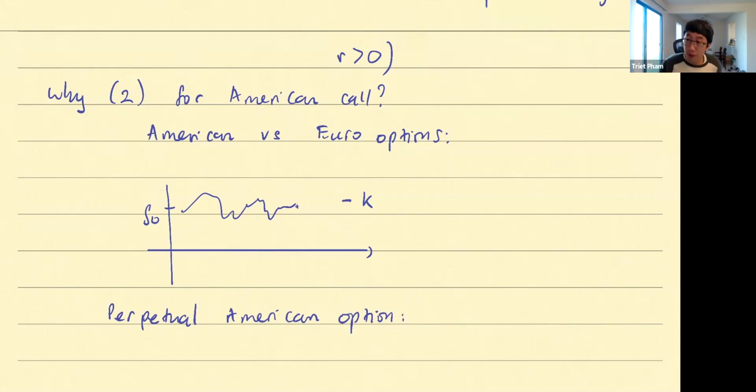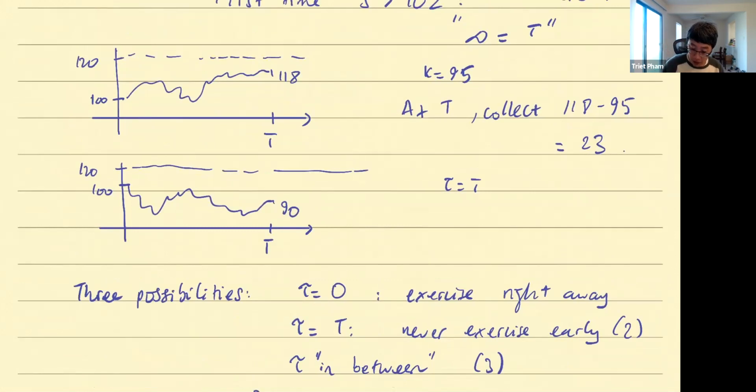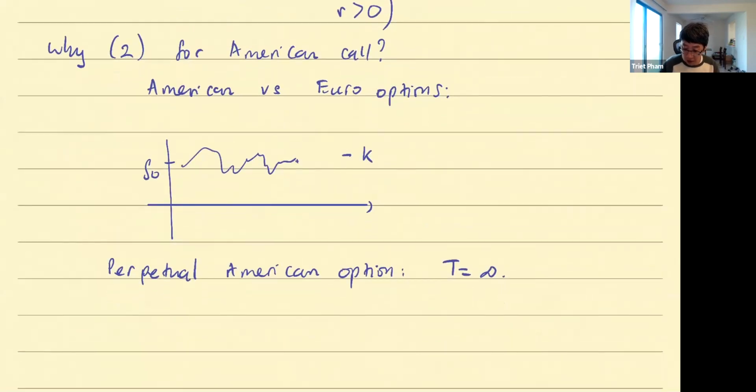A perpetual American option means T equals infinity. Here we say you have to choose a time between 0 and big T. I don't know if it happens in real life, I think it can, but basically here there's no horizon by which you need to exercise. You can choose any time from now until the end of the universe to exercise. Does it make sense? Then if this is the perpetual option, what you say is exactly correct,